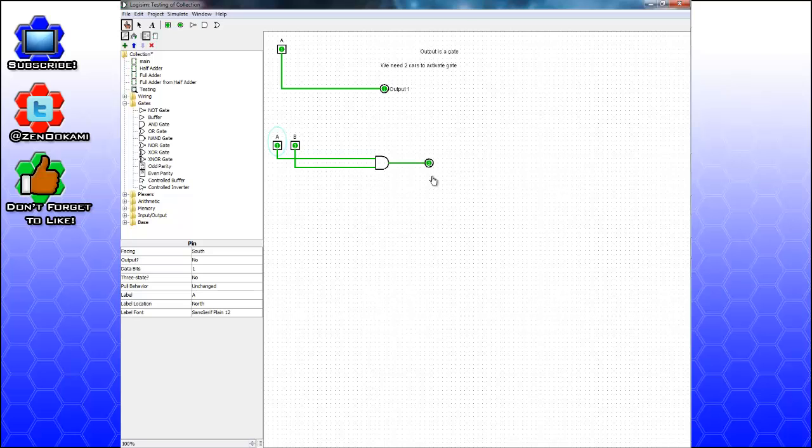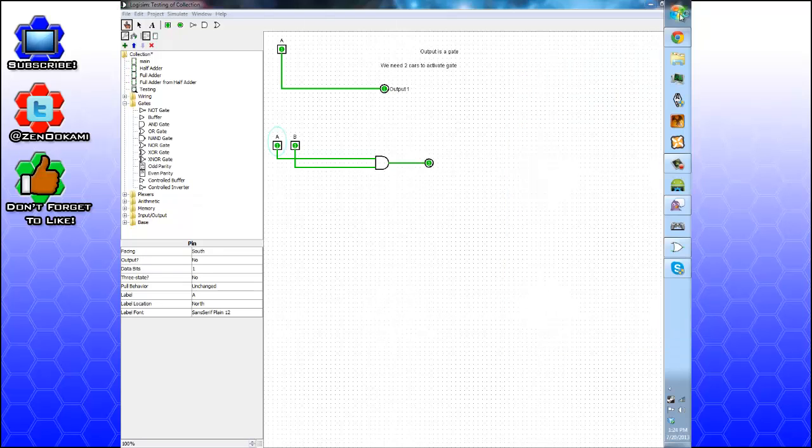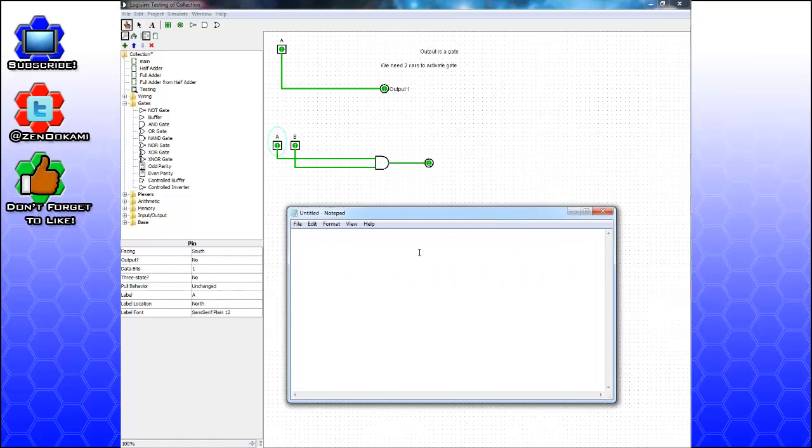And let's see if I can bring open a notepad, because we have something called truth tables. And for an AND gate,